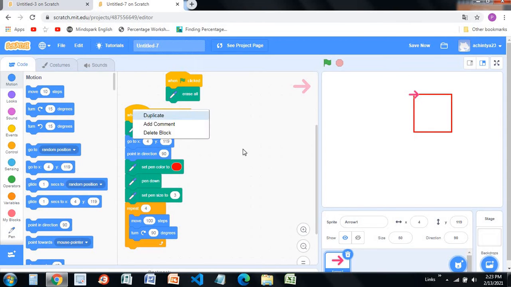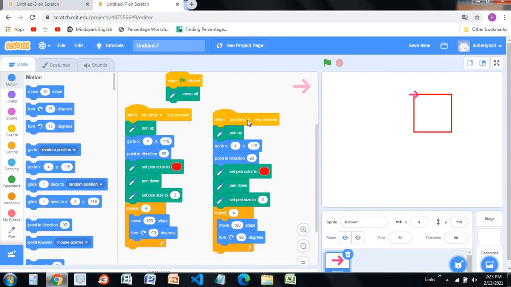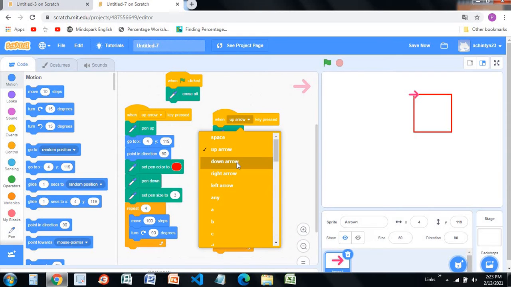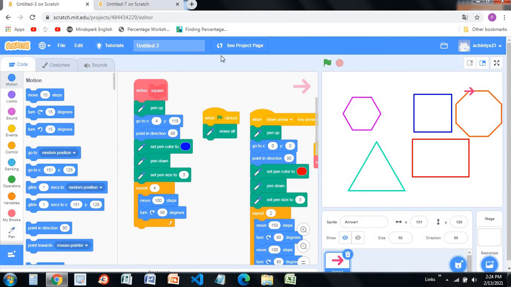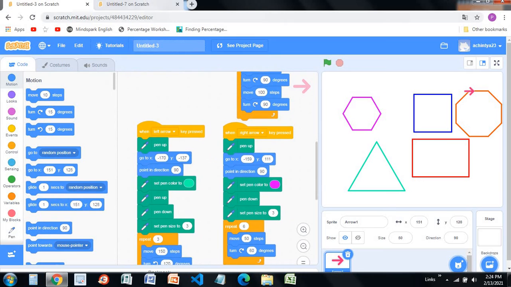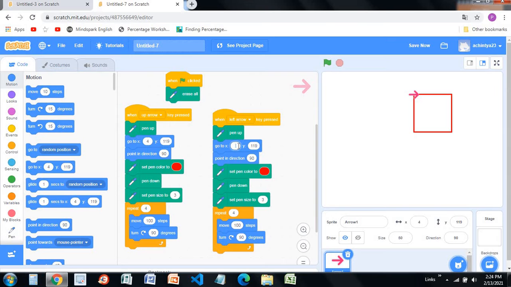Simply duplicate this code and make this down arrow, or you can go for the triangle with the left arrow. Then you'll see I'm just changing the position, minus 170 and minus 137.